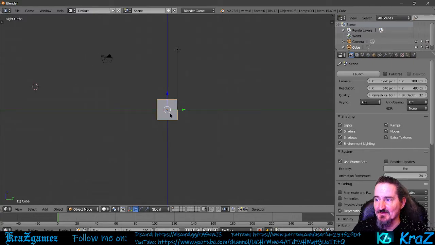Okay, same thing, if you hit 3, you got right. If you hit 9, you got left. And if you hit 7, that's the top. If you hit 9, it's the bottom. So whatever number you hit in conjunction with the number 9, it's going to do the opposite. So if you hit 1, which puts you at the front, it will put you at the back if you hit 9. Okay, so front and back, I'm sorry, correction. Okay. So with those, you can actually change the view, and you can always middle mouse button it around